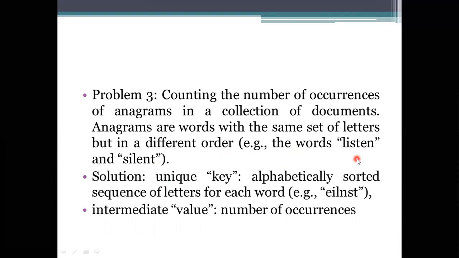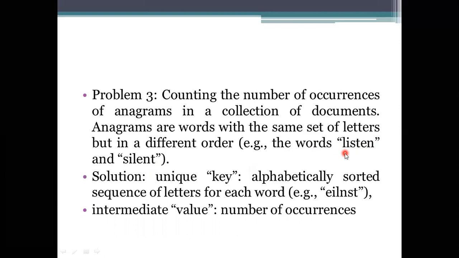If you see this one, there is E and then next T, E. So if you compare these two words, it is taking into account that they have the same set of letters. If you want to take this into account, it has to take the key in such an order. So we need to take a sorted sequence here.